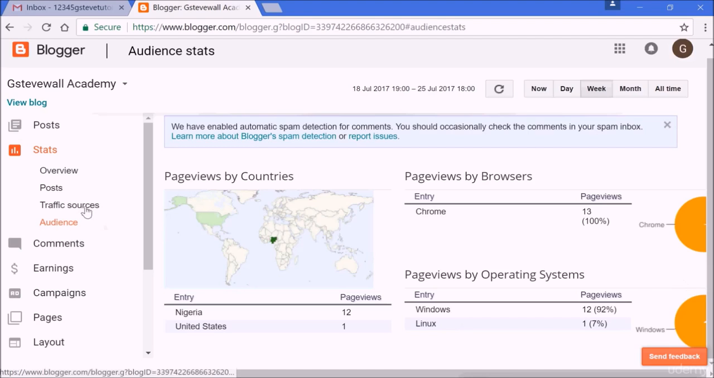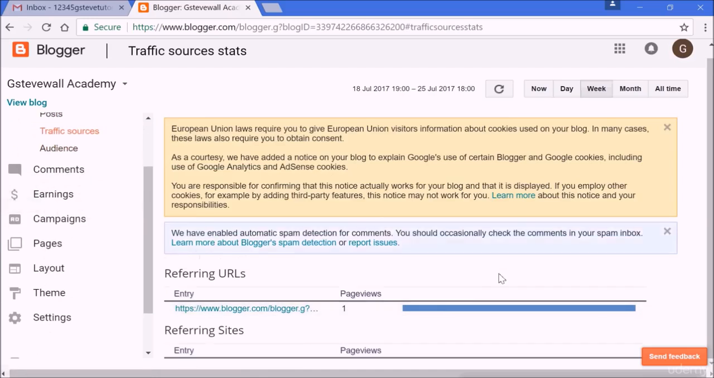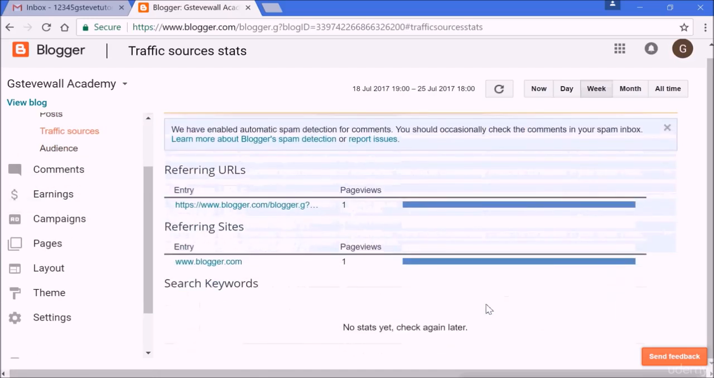Now you can check source of traffic. If they are coming from Facebook, you are going to know. If they are coming from anywhere, you are going to know. If it's from search, you will know. Remember that